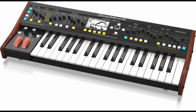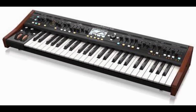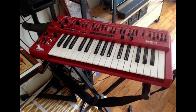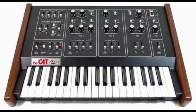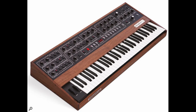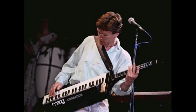Firstly, the Behringer DeepMind 6 and 12. The Behringer controversy rages on. There are many haters out there. I'm not one of them. I appreciate that Behringer have made it possible for the less privileged in the world to get their hands on usable creative tools that are affordable. Moogs and Profits are simply too expensive for musicians in third world nations, for example, and most regular working musicians